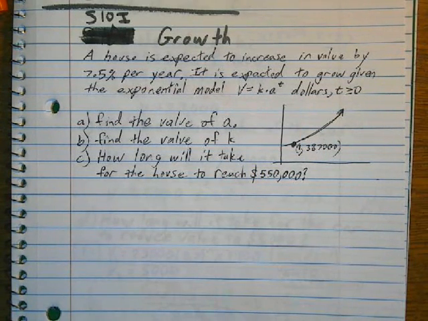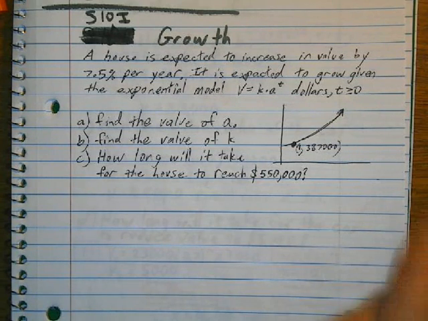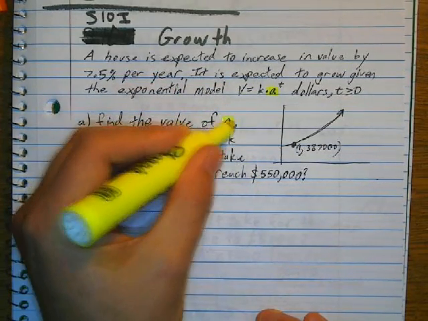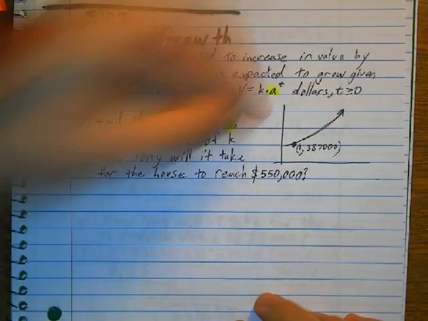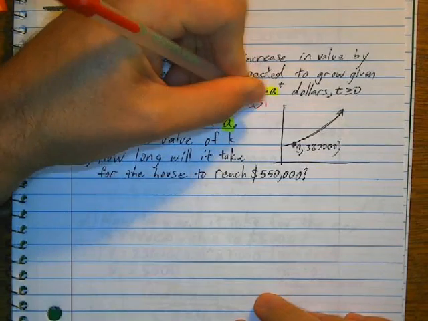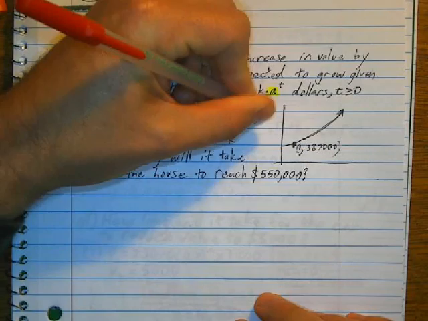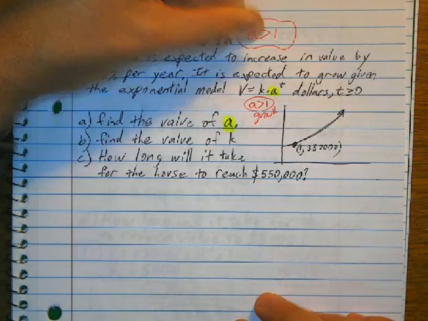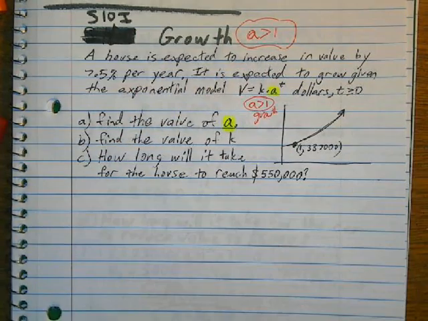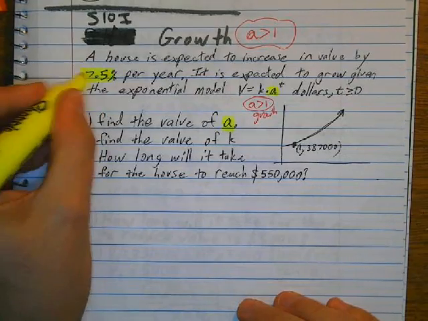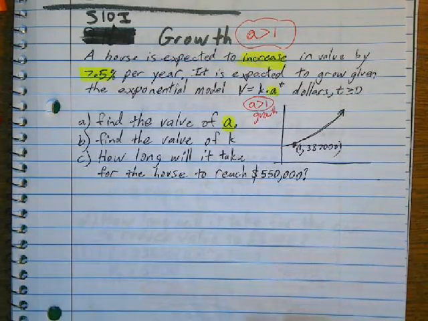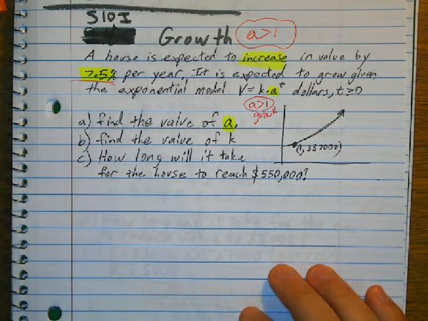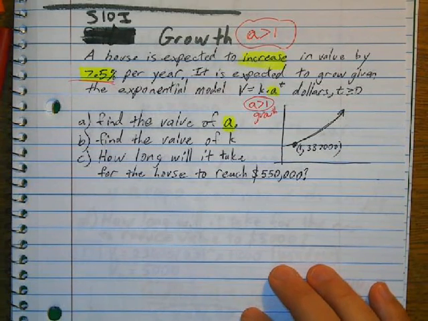Okay, so in order to do this, a is the value that we've got there. Now, since it's growth, a has to be greater than 1. Okay, a has to be greater than 1 always when we've got growth. And they've said that it's increasing by 7.5%. So if it was 100%, it would be 1.0, and so the a value is going to be equal to